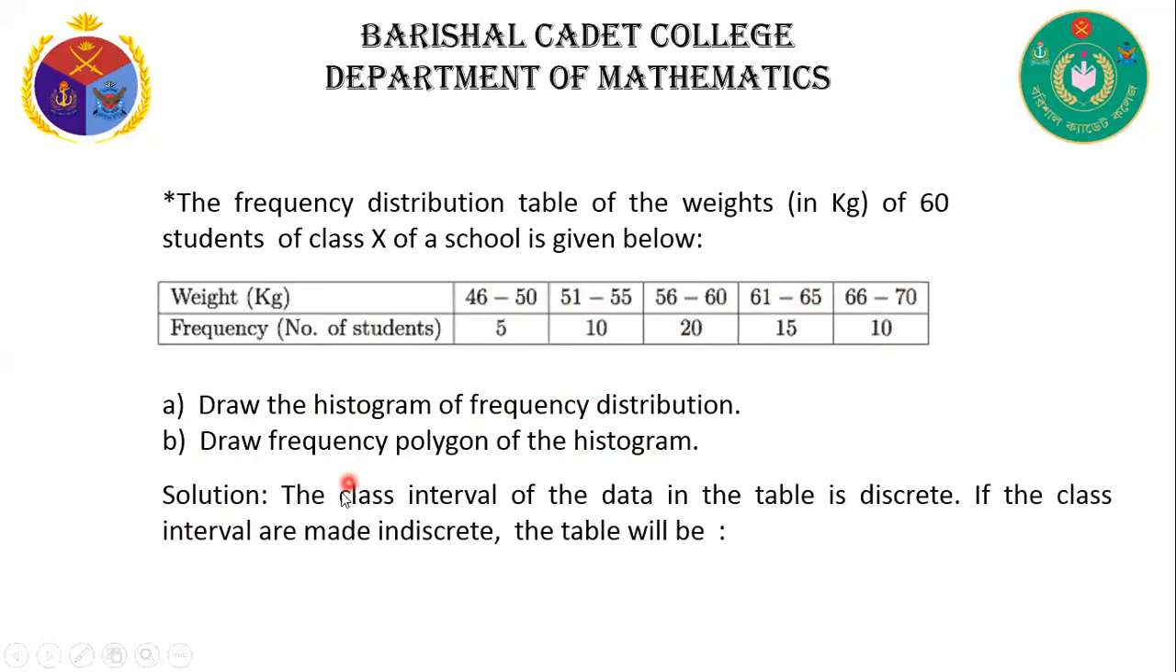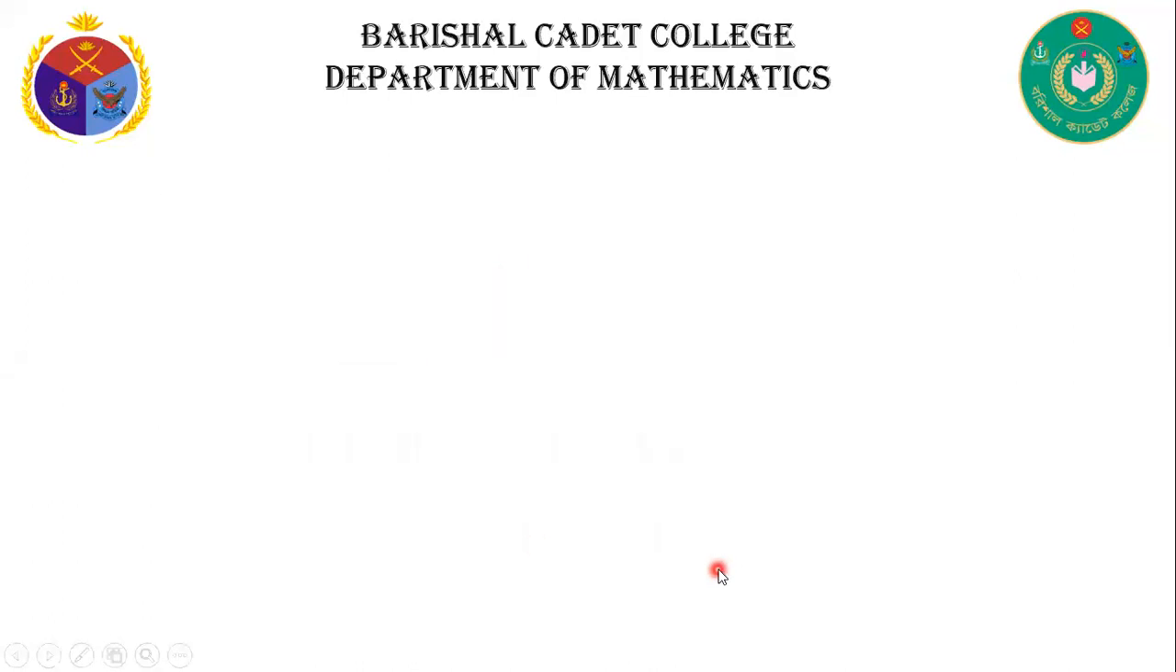Now the solution. The class interval of the data in the table is discrete. Here 46 to 50, here it starts at 51, that means 51 to 55. Again here it starts at 56 to 60. That's why this table is a discrete table. If the class interval is made continuous, then the table will be